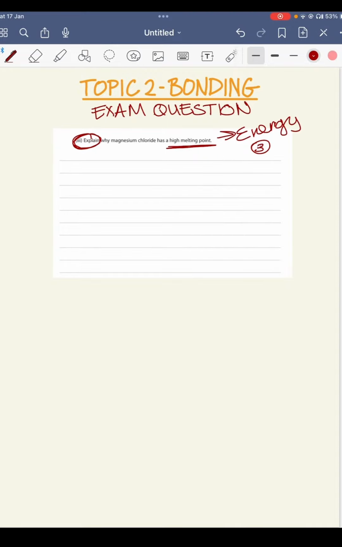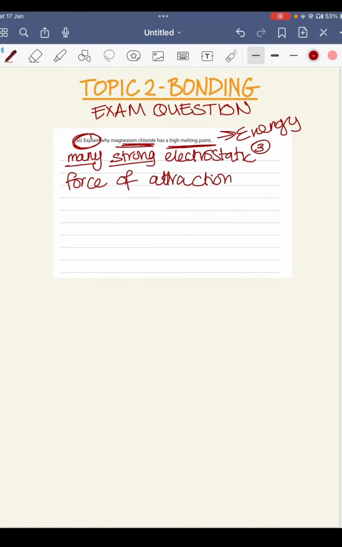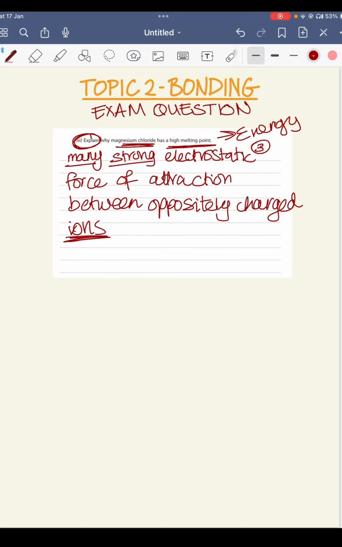So the reason why it has a high melting point, because ionic compounds, so it has strong electrostatic force of attraction between oppositely charged ions, because it has many, of course there's going to be lots of them, many strong electrostatic force of attraction between oppositely charged ions. Again, we're referring to ionic bonding. You need to make sure you use this word. So this is probably going to be worth about 2 marks, and for the last mark we need to refer